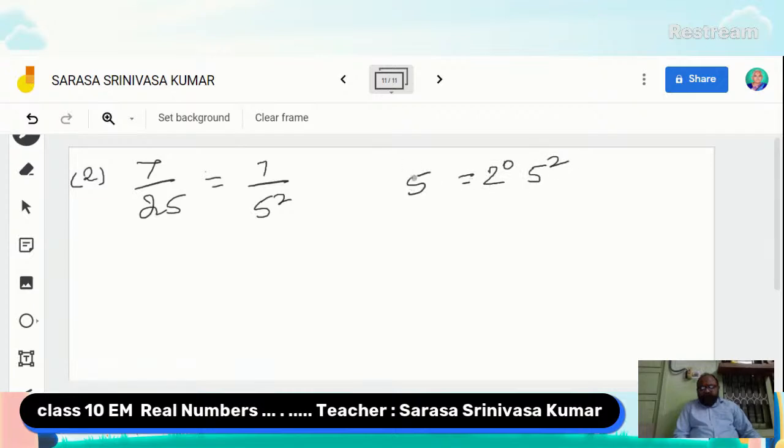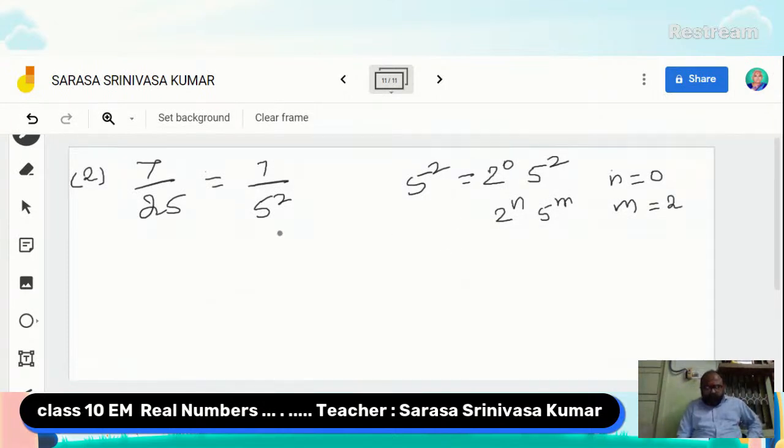So 5 square can be written as 2 power 0, 5 square. Here we compare this with the formula 2 power n 5 power m, n equal to 0, m equal to 2. So this must be multiplied and divided by